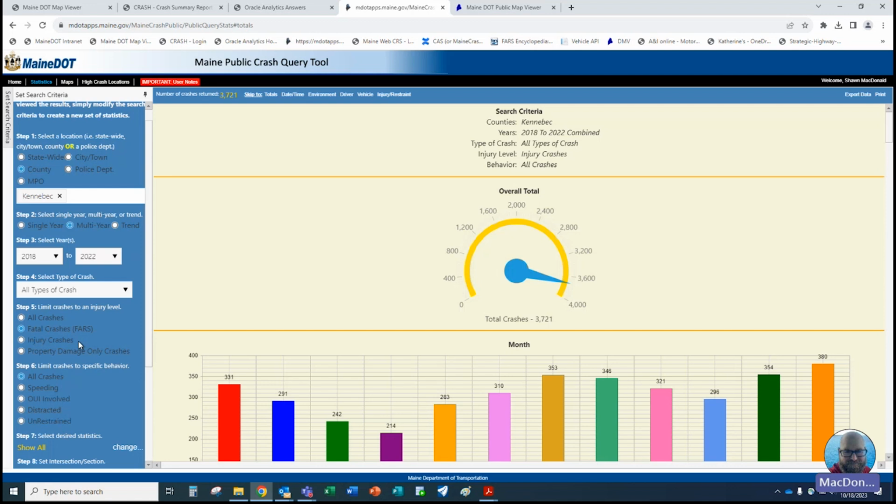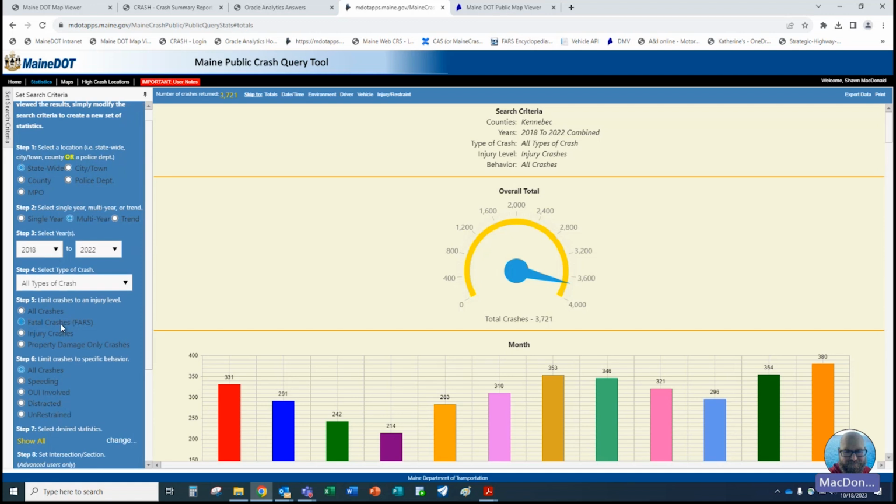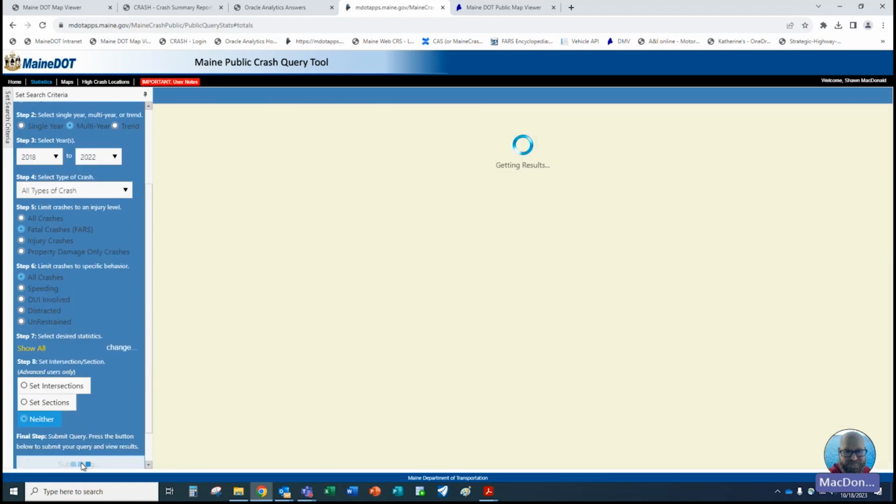So NHTSA, National Highway Transportation Safety Administration, and the Bureau of Highway Safety, they get together and they determine what crashes are FARS. And another thing to mention about this is we can run one of these just quick, like, we can look at statewide fatal crashes for 5 years. This information you've got to take with a grain of salt, because unfortunately, when you get into fatal data, sometimes the reports aren't in here because they count certain crashes that aren't on what we call our state network or our state system or what is mapped on this system.